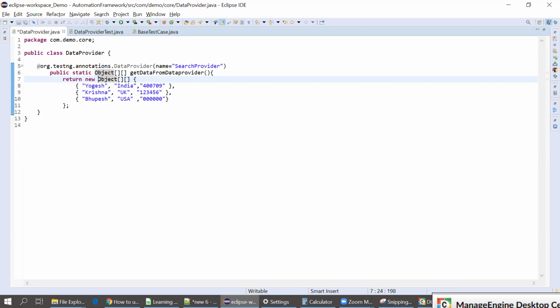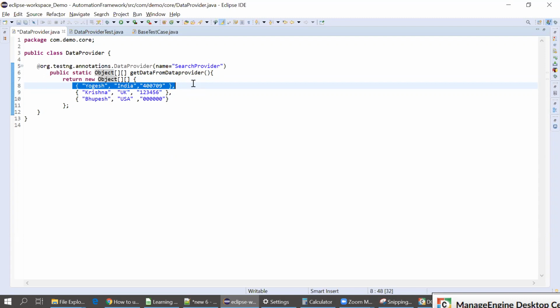If I go deeper, if you have only one variable over here, the parent object will become orphan. It means no variable will be pointing to the parent one. Suppose the first one, Yogesh India, is becoming blank. Now the finalize block, the destructor, comes into action for garbage collection. So this is the whole story between new and finalize.